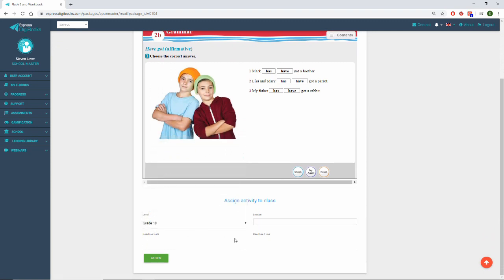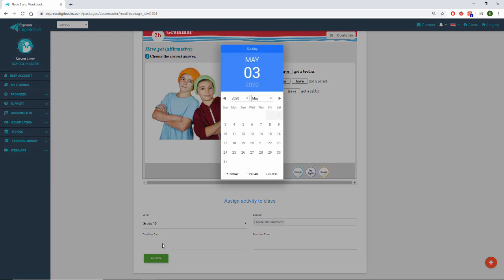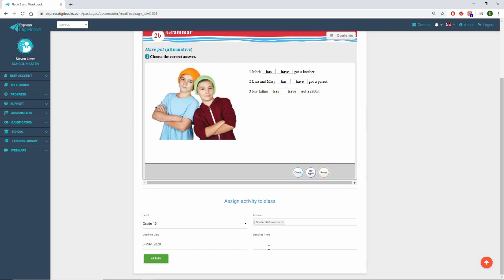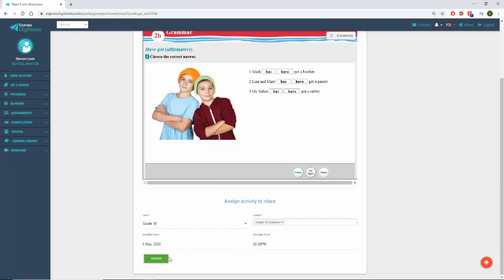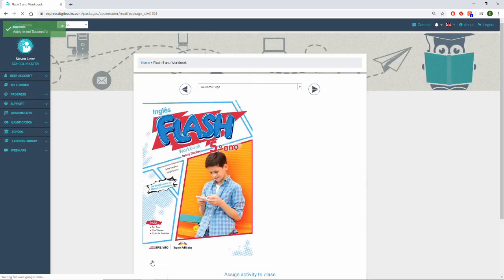Select the level, the lesson, the date it should be done by, and the time you want it done, preferably a little before the lesson. Click on Assign and it will be sent to your students. If there are listening exercises you want your students to do at home, these can also be set and done